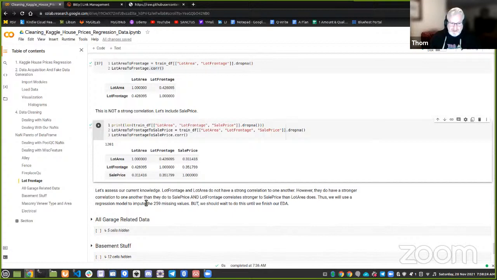See how we're switching things around? Because right now, sales price is the label. All I'm saying is we're going to make it one of the features, and we're going to let lot frontage be the label, and the rows that have a value for lot frontage will become our training data, and the rows that have NaNs for lot frontage will become our labels that are missing and we need to predict values